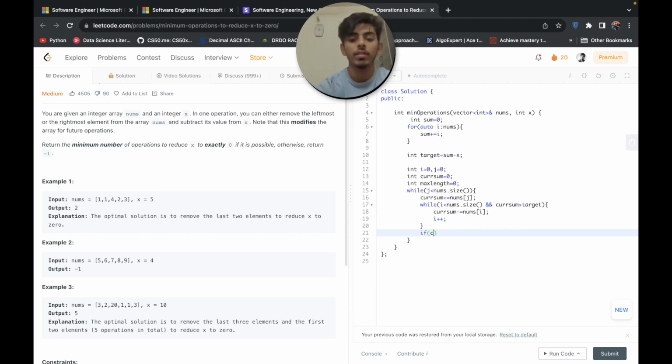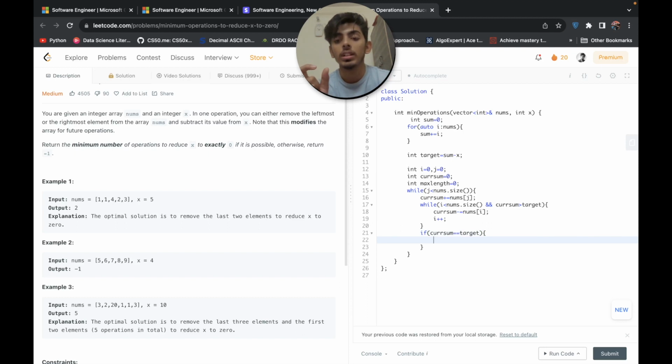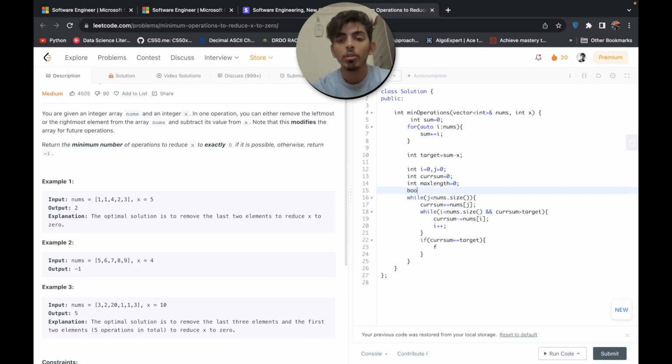And if our current sum equals target, it means that we have found one of the subarrays which sums up to the target value. So we will make a bool variable found, which is initially false.